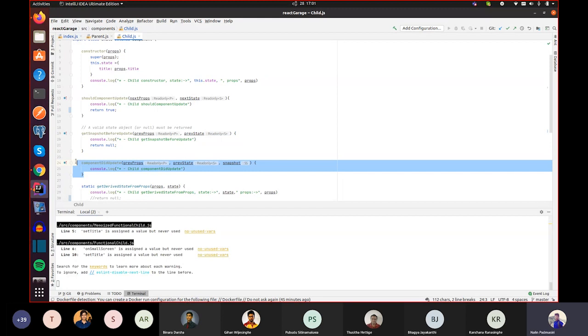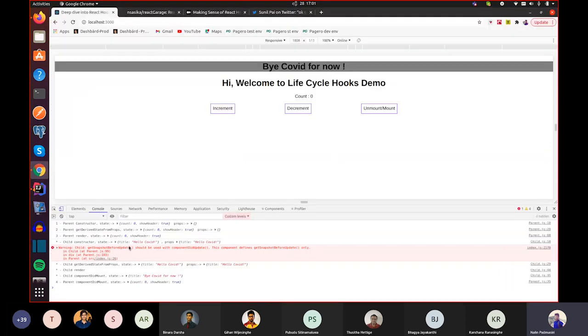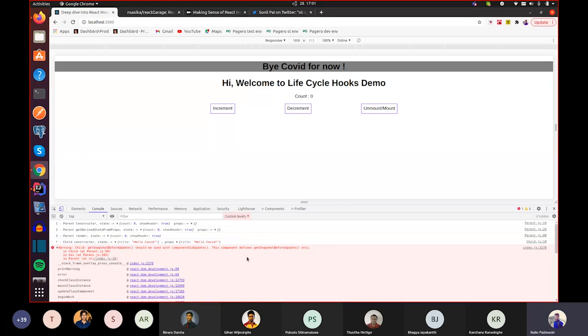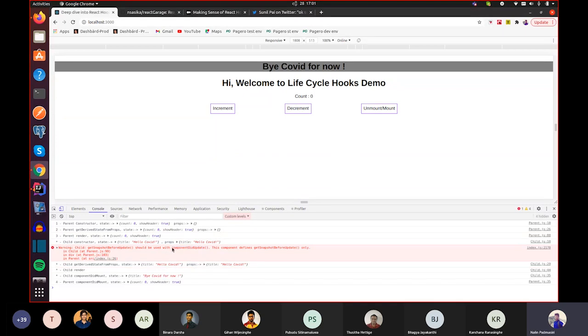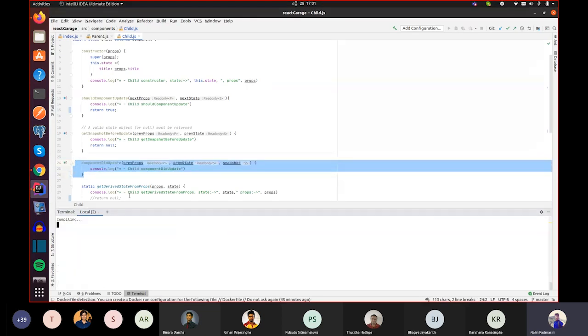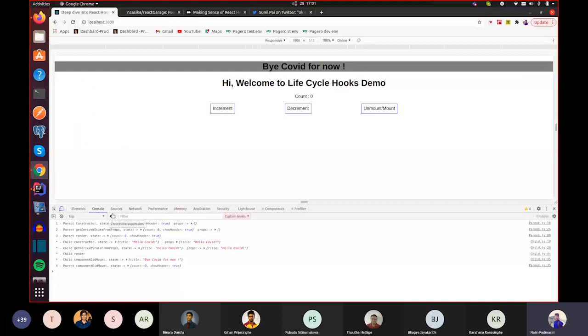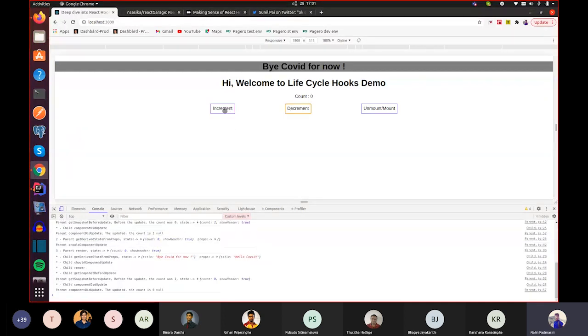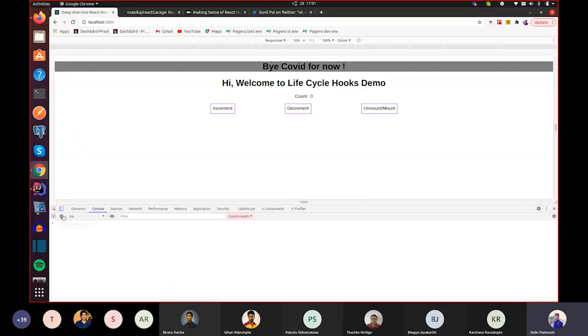Sorry, this must be here. If you use this getSnapshotBeforeUpdate function, then definitely you have to implement your componentDidUpdate function as well. So if I remove this comment, then again this will be executed nicely.